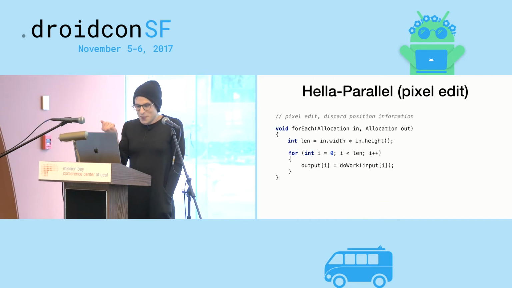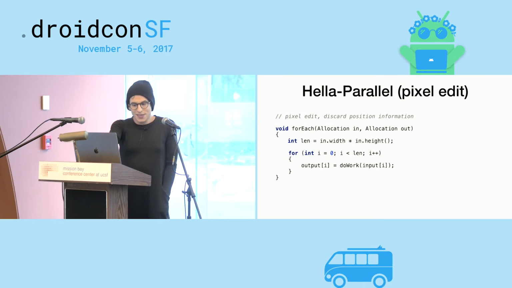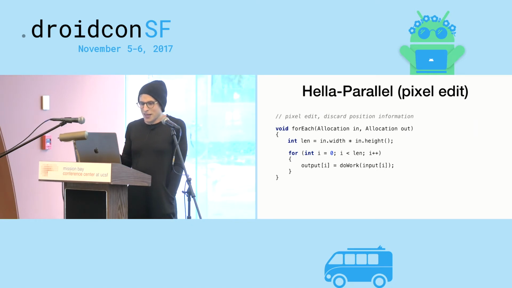So it doesn't even matter that it's 2D anymore. Width and height, we're just going to use that to figure out the length of the array. And so we're mapping over an enormous allocation. This is going to run 12 million times potentially per draw. So we can render 4K video with this. We could potentially, with that type of technology, and it'd be like 360 million calls to this function. But